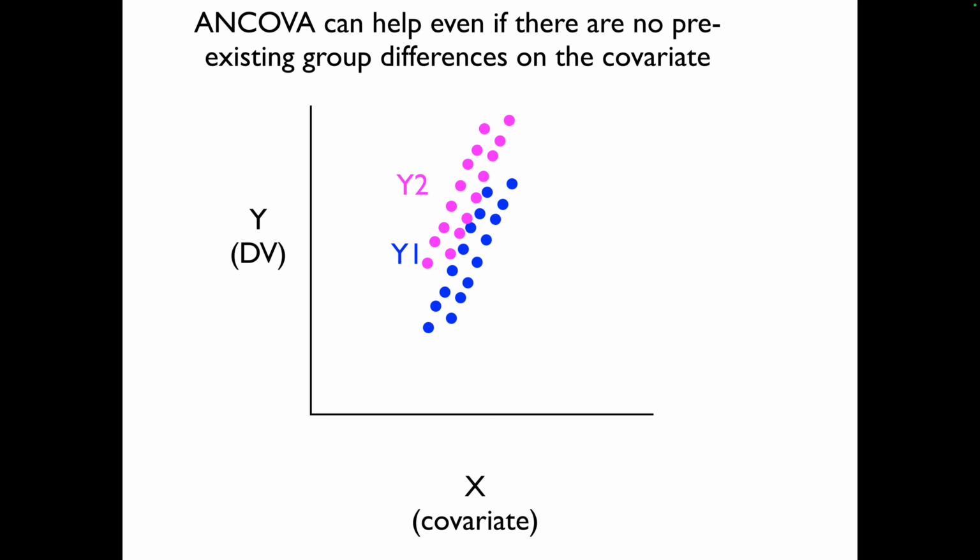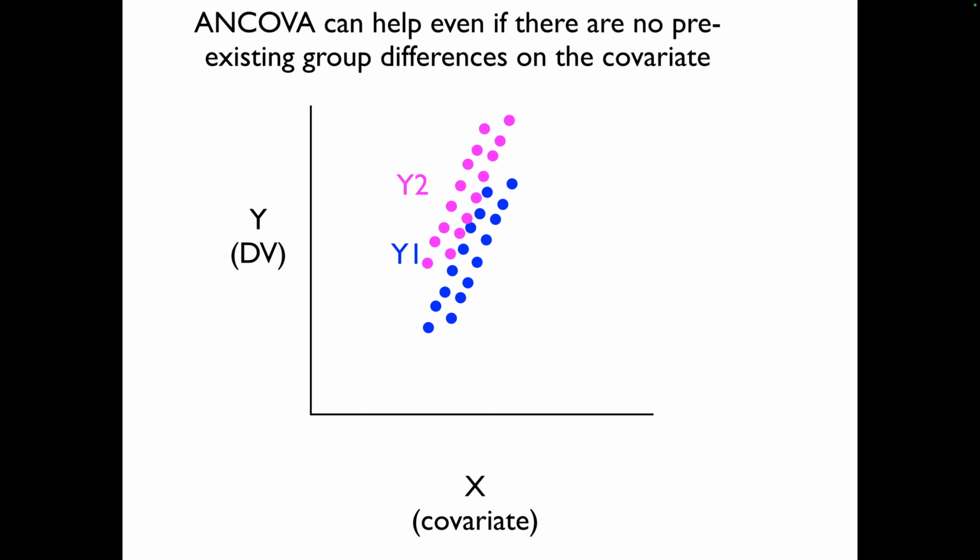So that's adjusted means, and that is one important way that ANCOVA is used to statistically adjust for differences on a covariate. But like we talked about before, ANCOVA can help you out even if there are no pre-existing differences